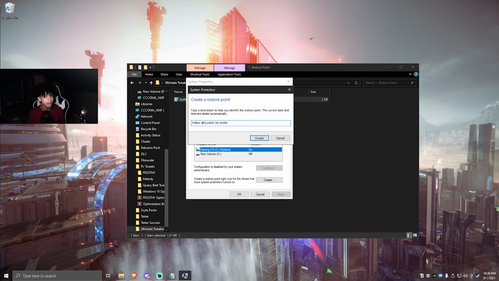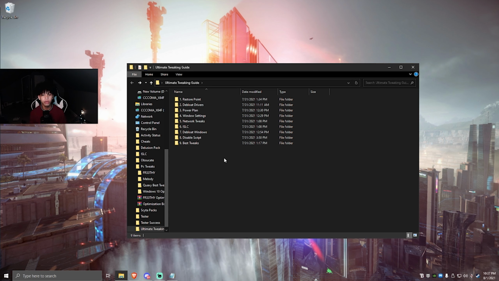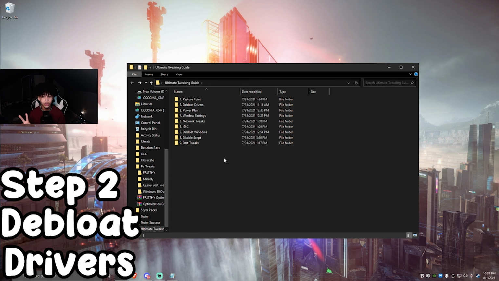But once you have picked out a name, all you have to do is press create, and that will create a restore point. Like I said, this is only for you to be able to back up your computer. Once that's done, you can press create and finish out. And whenever it's finally created, you can back out and go to the menu. Once you are at the folder menu, you will want to move on to step number 2,